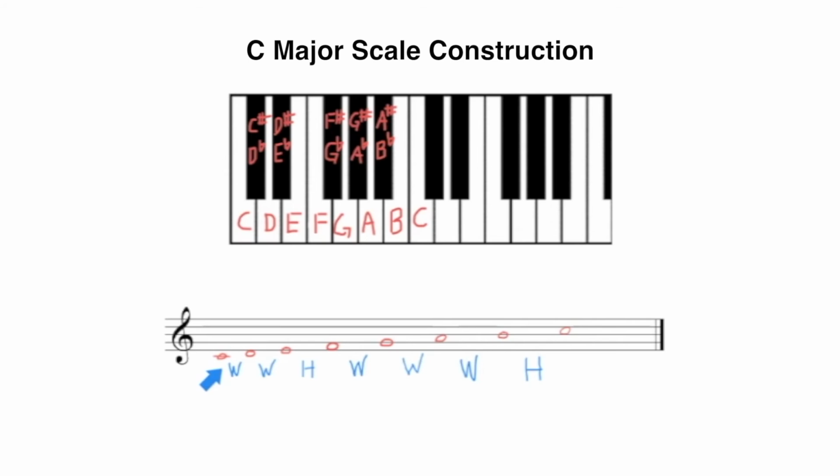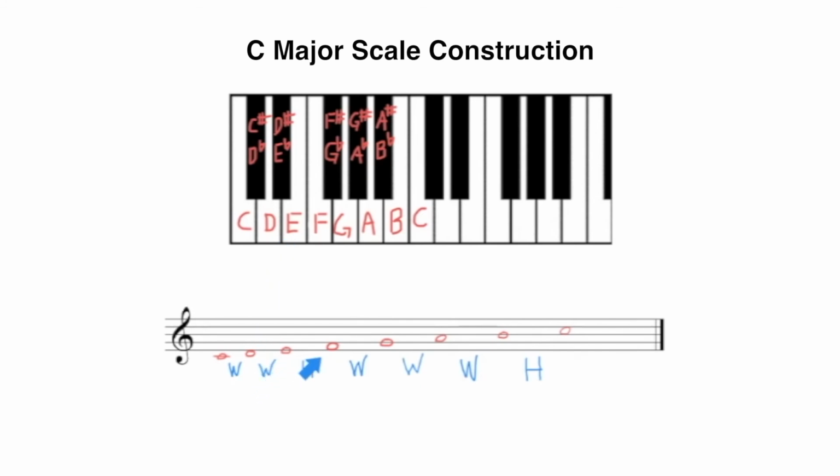So first I have C to D in music notation, and I'm looking to have a whole step between those two notes. If I look up here at the piano, I can see C to C sharp or D flat is a half step, and then to D is another half step. That makes C to D a whole step, so we could keep it the way that it is. Next we have D to E as a whole step. Let's check that against the piano. D up to the black key is a half step. The black key to E is another half step. Therefore, D to E is a whole step. So that's what we want.